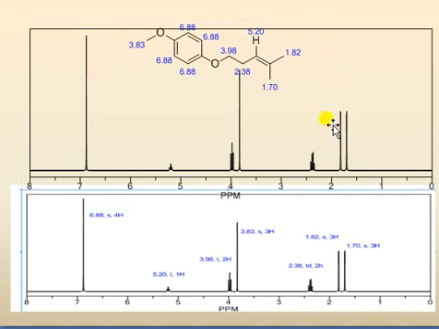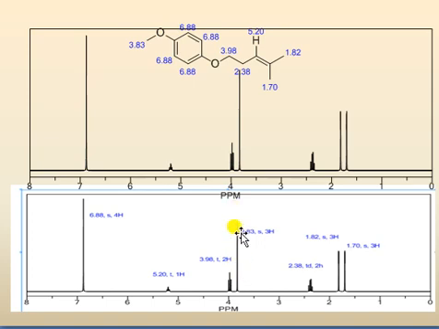See, this one is matching, and this is 2.38. This is a triplet because of this one, and another one is coming as a quartet. Sometimes it should come as a doublet or a triplet of doublet. Doublet of triplet means every triplet head should break a little bit. Then this is okay.